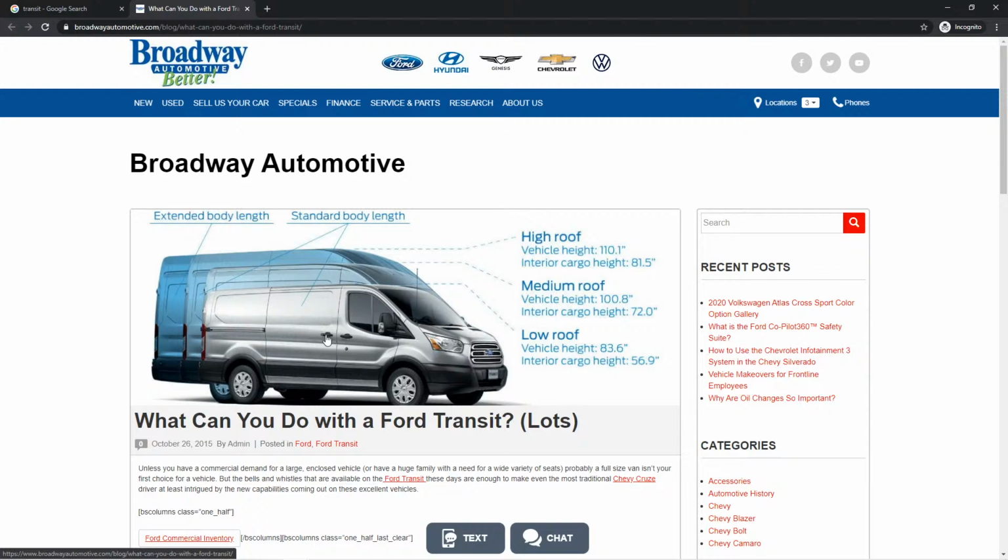You have to either have it covered up or do something, right? Or in the garage. Well, if you have this high top, it's not fitting in your standard garage, especially if it's high and long. There's no shot. So you've got to think about where you're going to park this thing, and will your housing association allow you